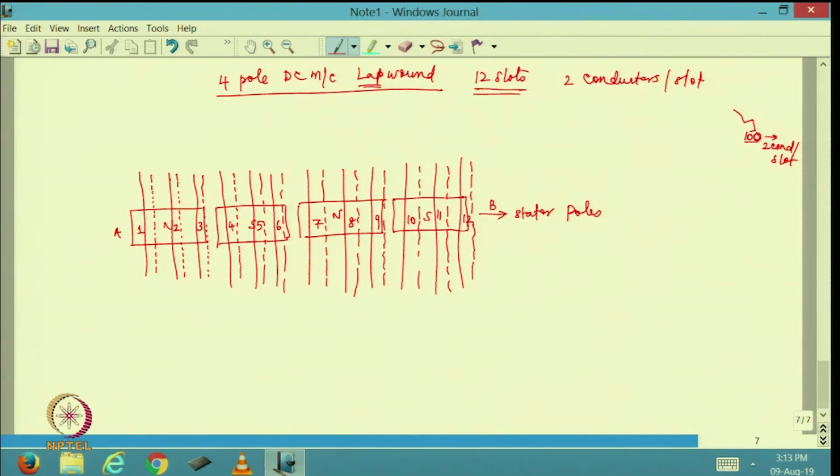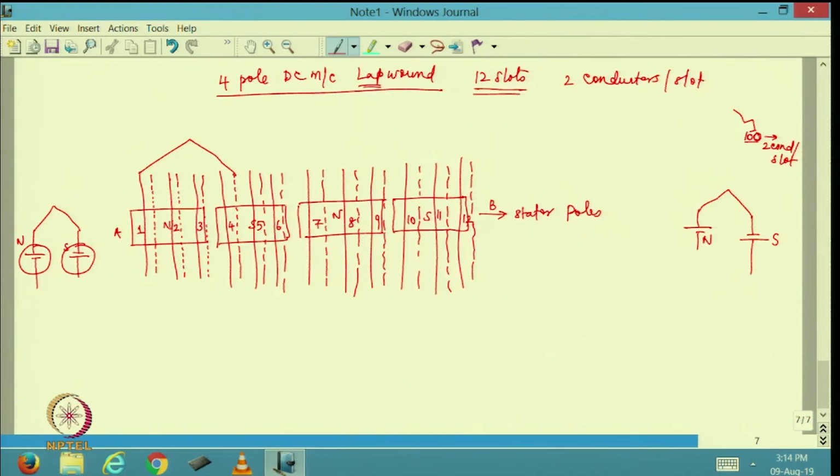Now because it is a lap winding, whatever starts from north pole, it has to actually go and end up in a south pole winding. So I can say if I am going to have a voltage generated like this in north pole, I will have on the other side voltage generated like this on the south pole. This is how it is. Now these two are connected together. You can very well see that they are connected in series, right. So I am going to connect like this in series. This is how it is connected. This is the north pole side voltage generation. This is the south pole side voltage generation.